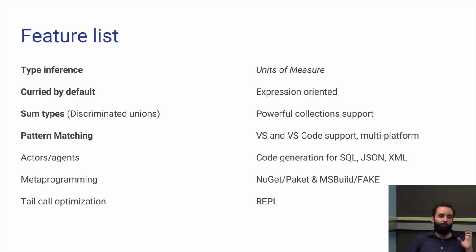So if I have grams and I have milliliters, it won't allow me to add them. It will be a compile time error if I try to add grams and milliliters. But if I try to multiply them, it will know that it's now grams times milliliters, and it will create a new type, which I can then divide by milligrams, and it will figure out all of the conversions for me. So for my domain of scientific programming, that's a game changer.